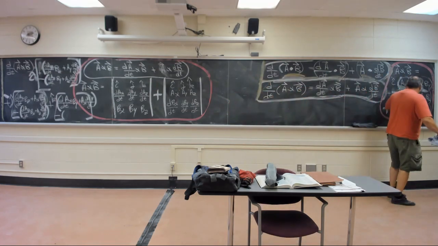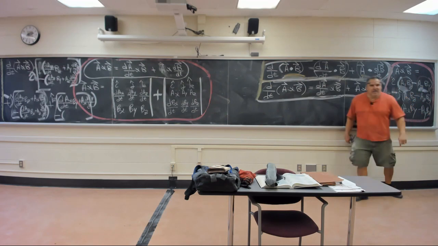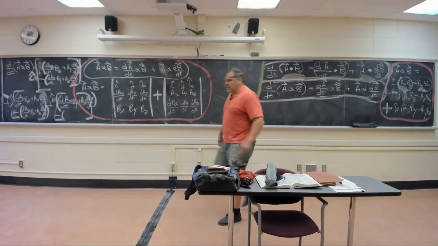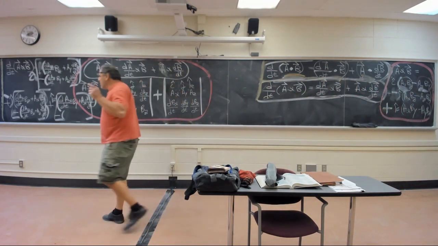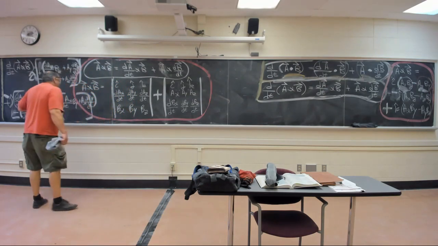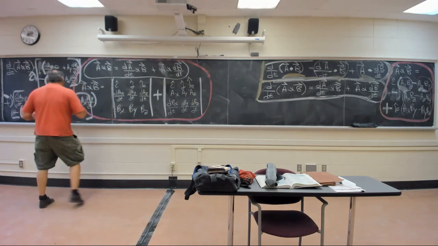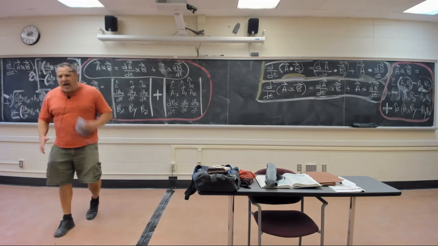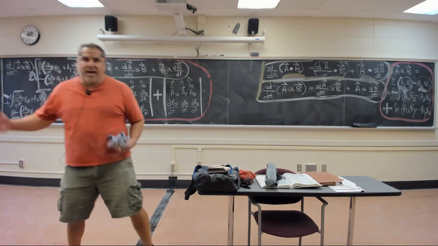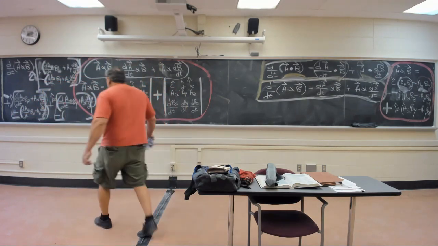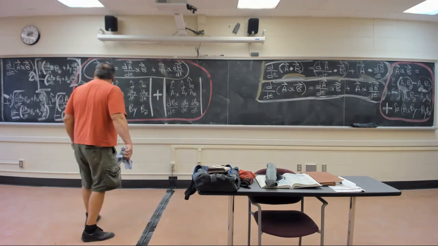1, 2, 3, 4, 5, 6. But the derivative of the sum is the sum of all the derivatives, and the derivatives that we're getting are derivatives of products, which themselves, the product rule is what it is. You've seen it. I've talked about it. So if this is the case,